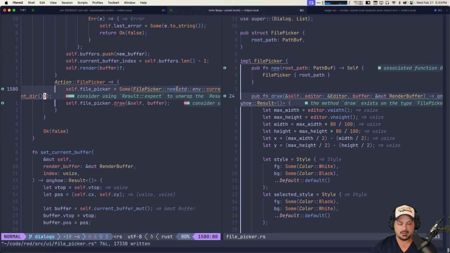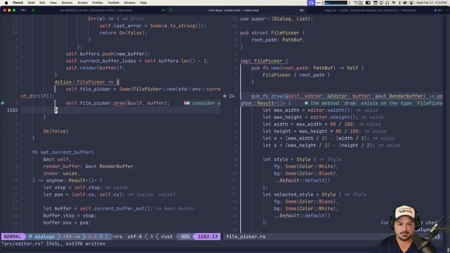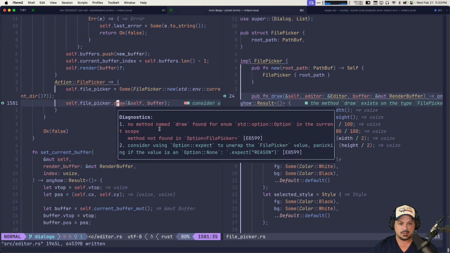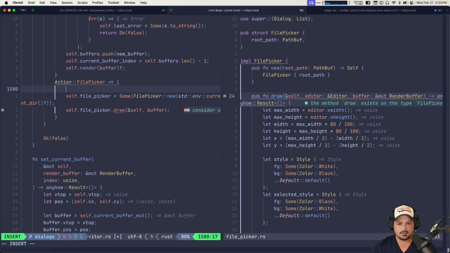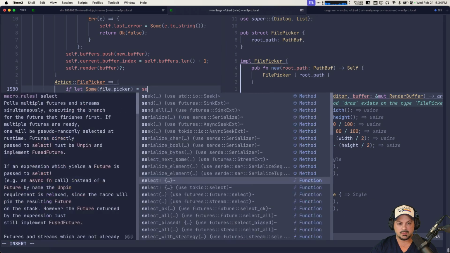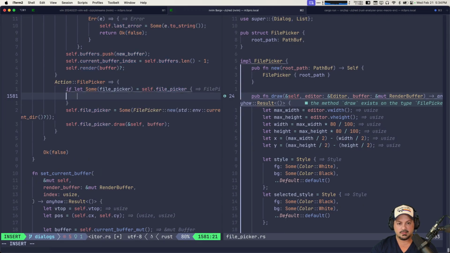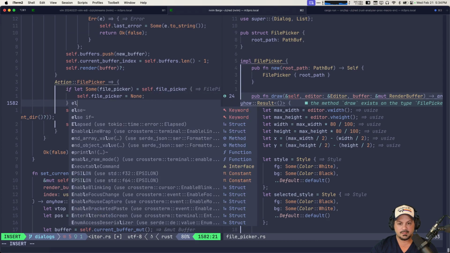So we need to wrap something here because this can fail. So now draw takes self, and what is the issue here? Unknown method draw for enum. Yes, that's right. So if let Some self.file, sorry, not this, equals self.file picker, we do self.file picker is none, else